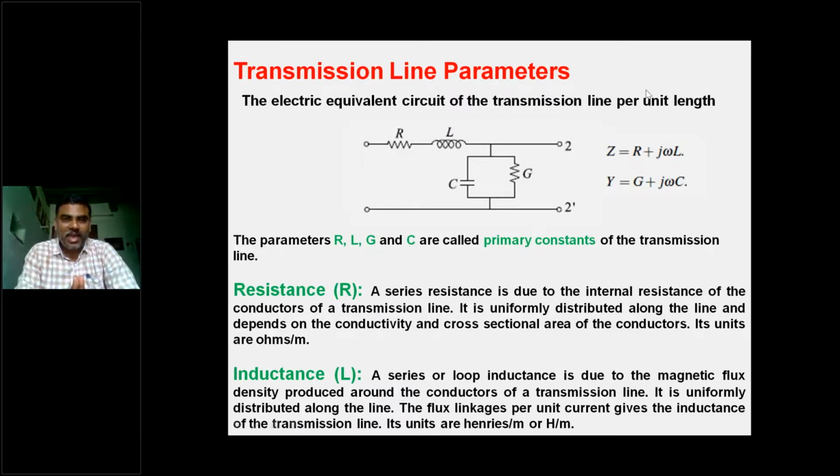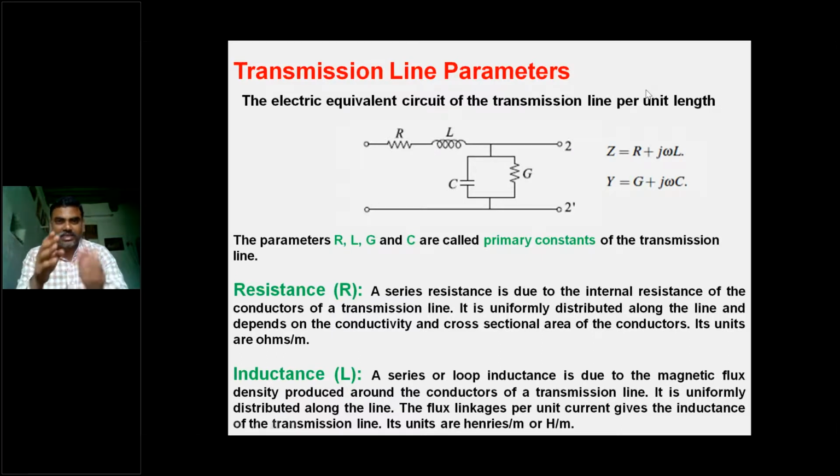So here the transmission line parameters are R, L, G, C. So series impedance R plus j omega L, shunt admittance G plus j omega C. And if the series resistance R is 0 and the shunt conductance G is 0, then we can call that a lossless transmission line. Okay, and those are the different conditions.